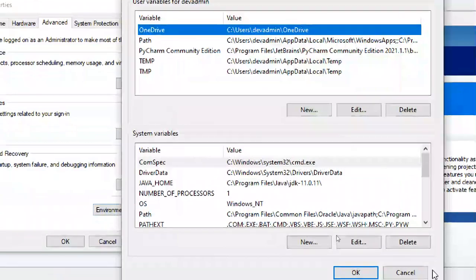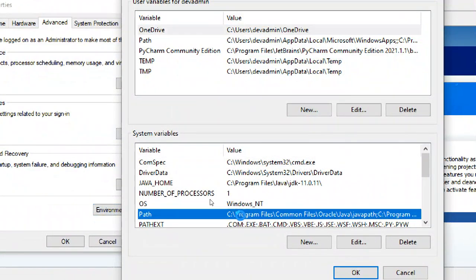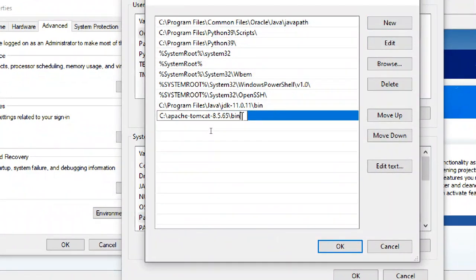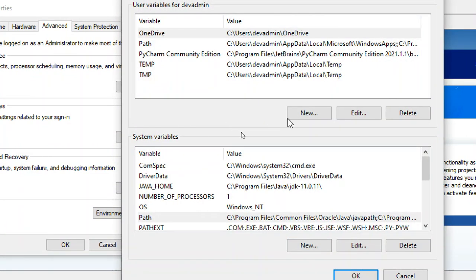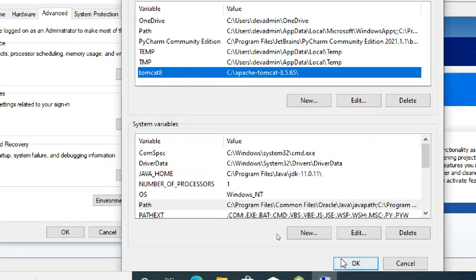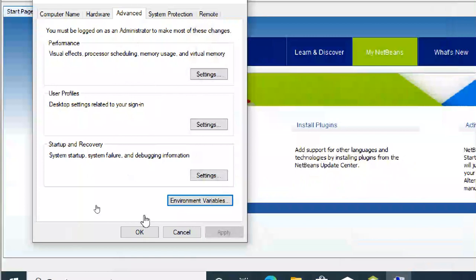Here you can give the Tomcat location directly, or add a path. So click new, paste the path up to bin, or you can say new Tomcat 8 and put a path here, and remove this one. This is the home directory, and that is the executable, so you can use it like this. Actually it is 8.5.